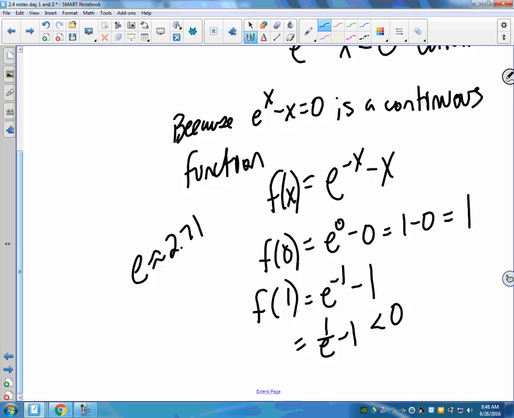So by saying this, I know it's continuous. So if I know that f of 0 equals 1, and f of 1 equals some negative number, do I know it had to cross the x-axis at some point? Yeah, that was a long way to get there. But